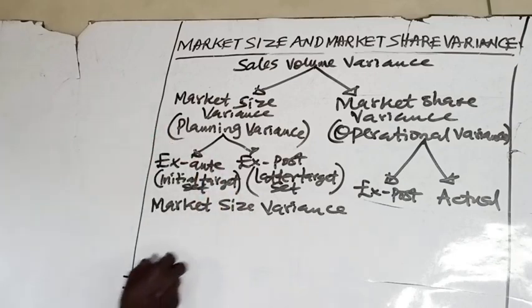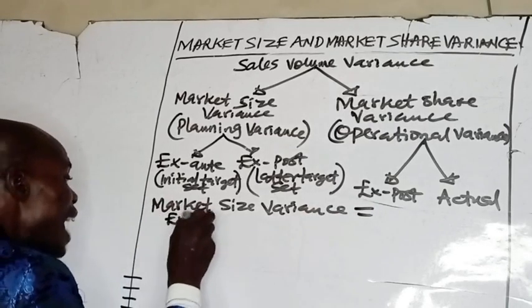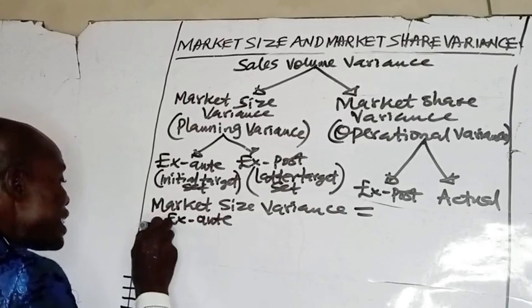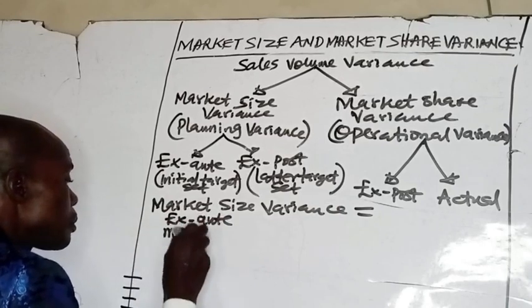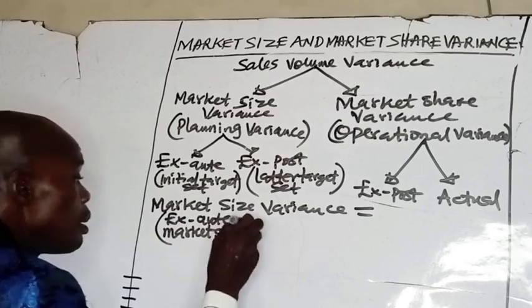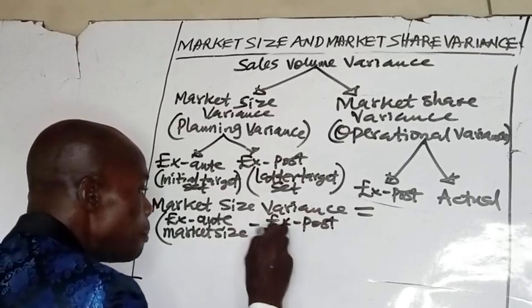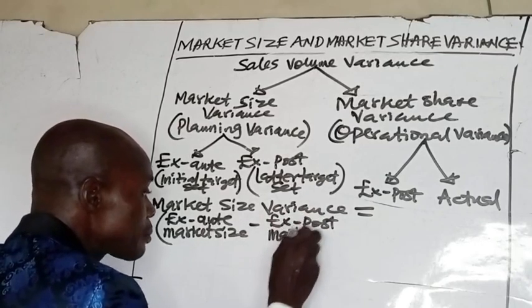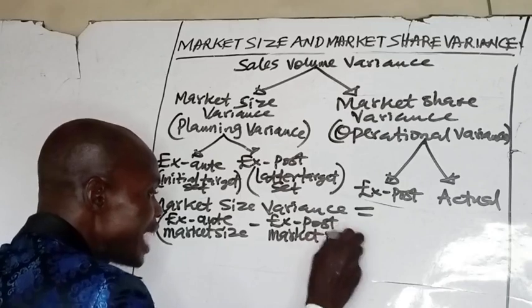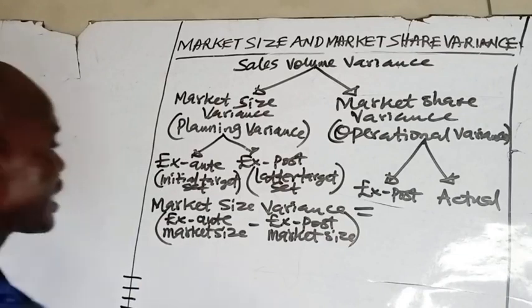Therefore, market size variance will be equal to ex ante market size minus ex post market size